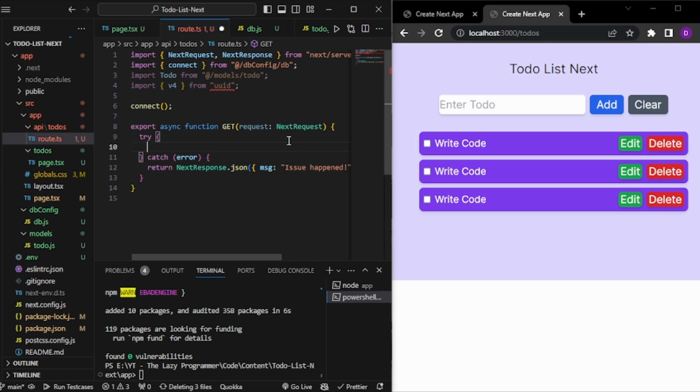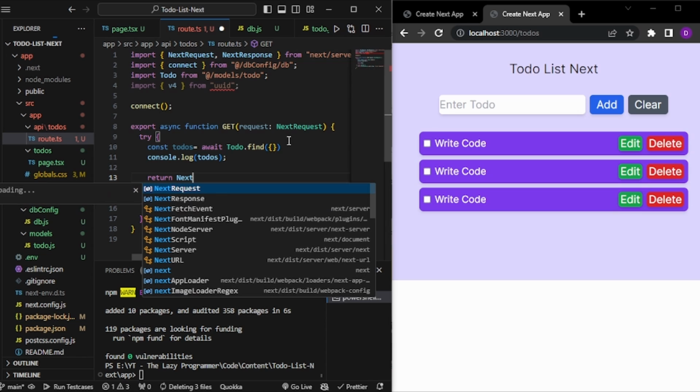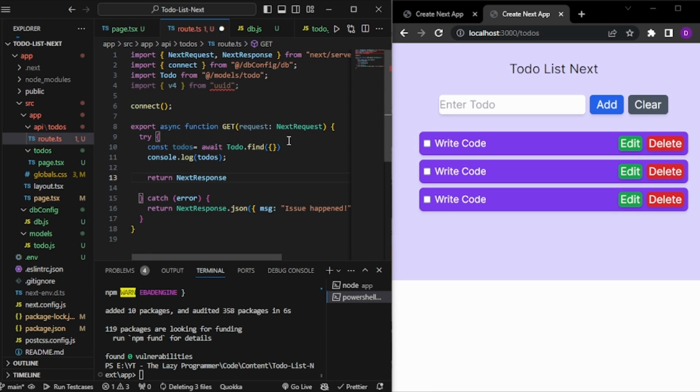So ideally we do it something like this. So const to-dos equals to await, and we have a to-do dot find, and we will not pass anything. That's all. And you can also check it out by logging the to-dos, and then we have to return one next response, something similar .json,